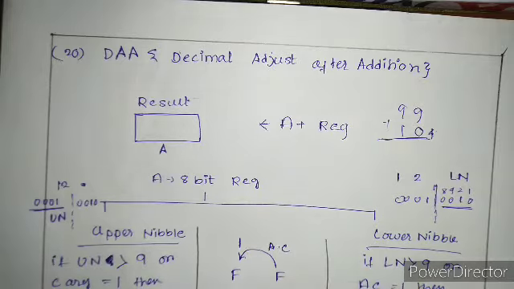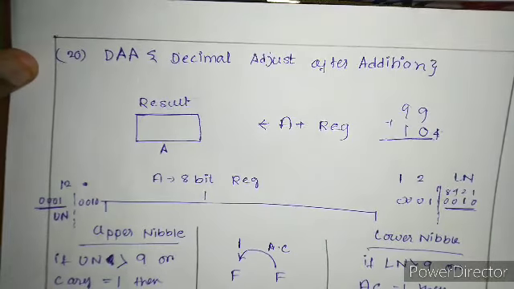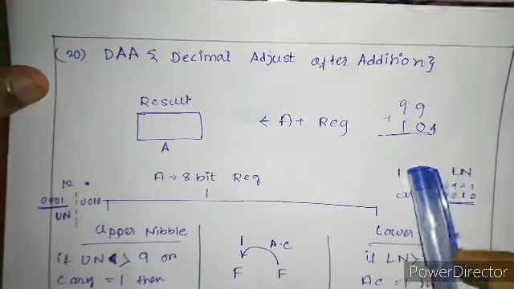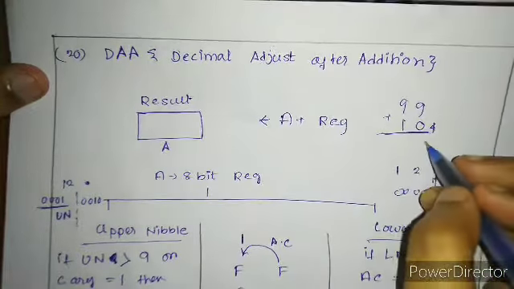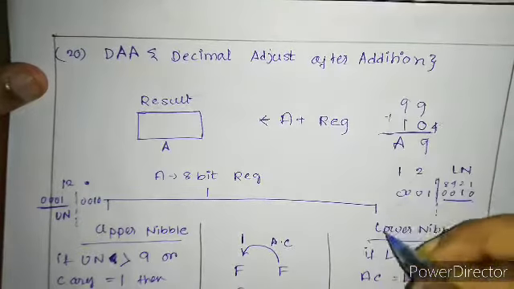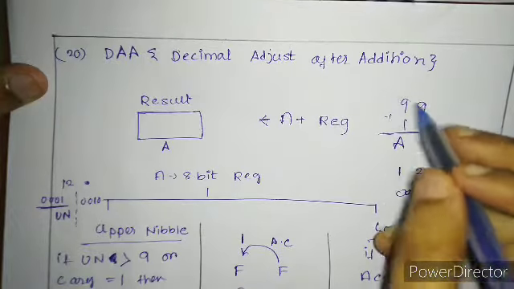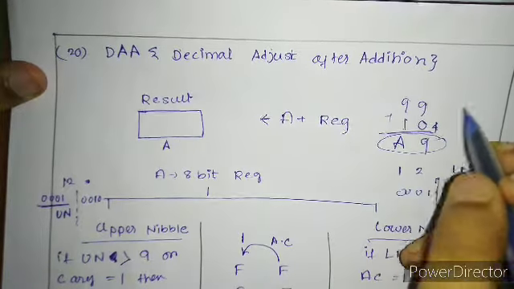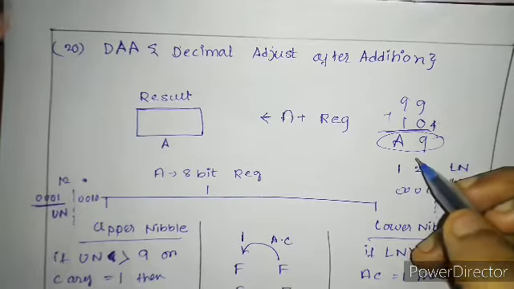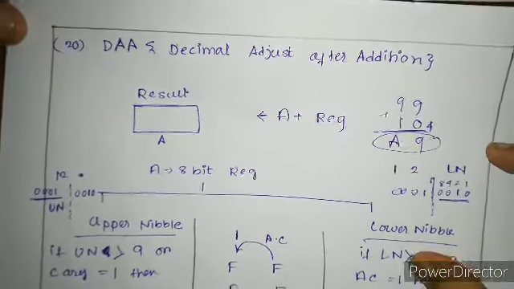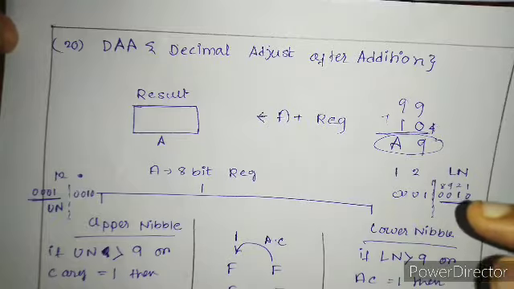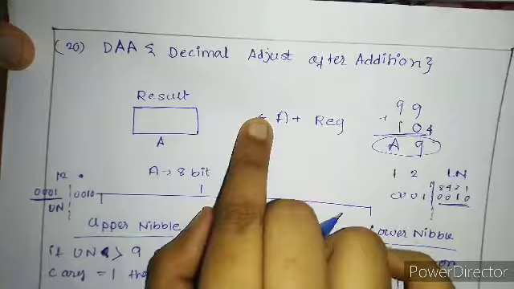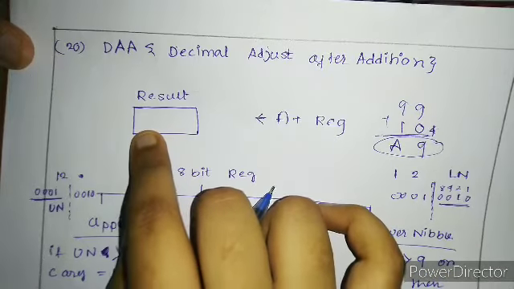How could this happen? In this case, DAA comes to the scene. You have given two decimal numbers. The result will be something like 9 and A, because 9 plus 1 is 10, and in hexadecimal, 10 is A. But in real life, we don't deal with such data. It's absurd for us, because in real life we deal with decimal data. So after this addition, if DAA is applied, we will get our result in decimal.